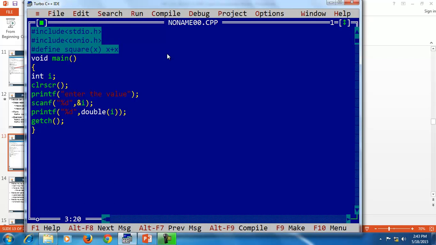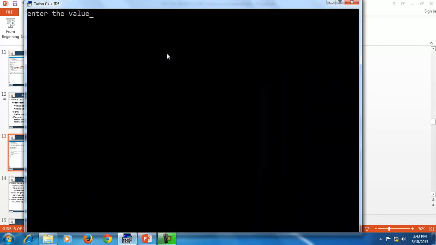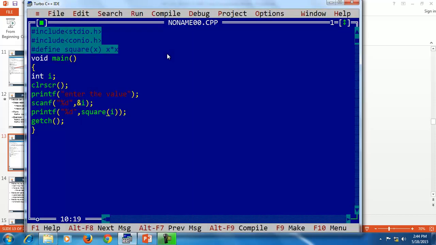Whichever value I enter, it will show the square of this value. I have entered 5, it shows me the output 25. So these are the macros which execute like this.